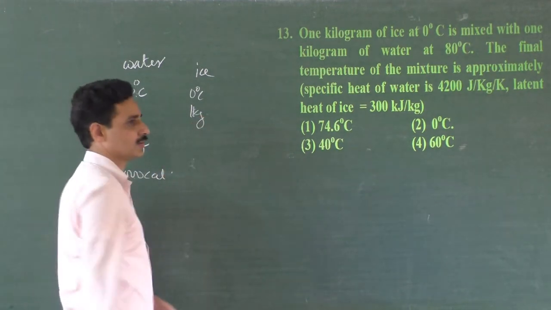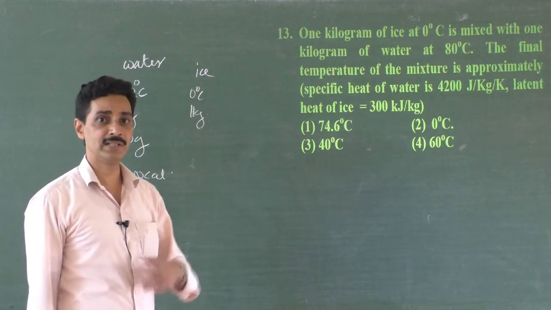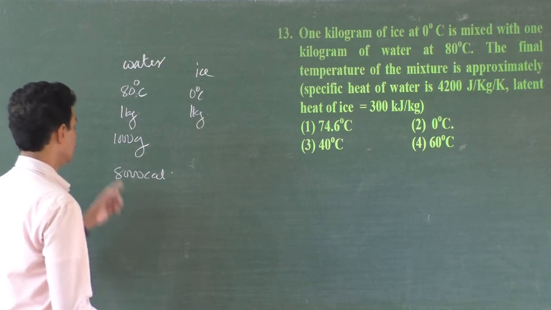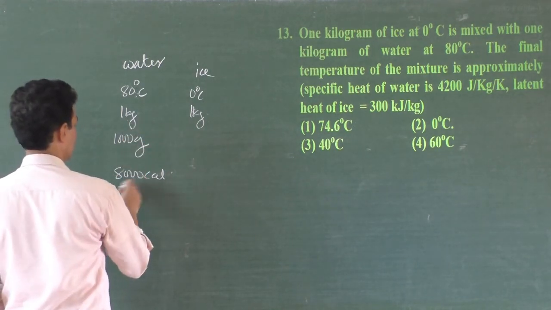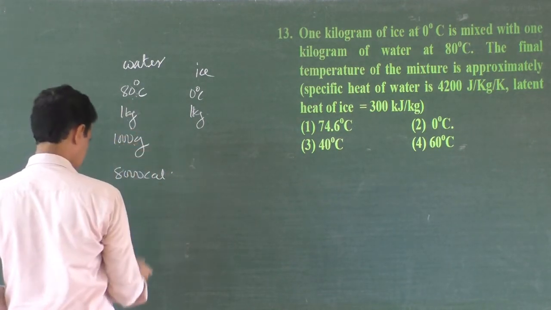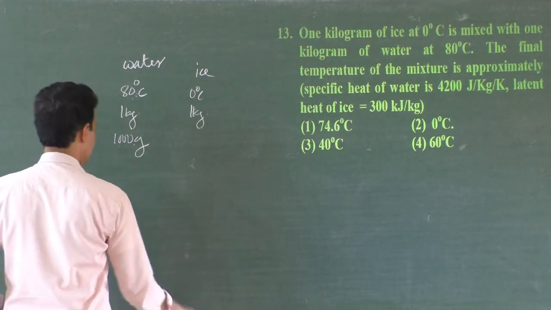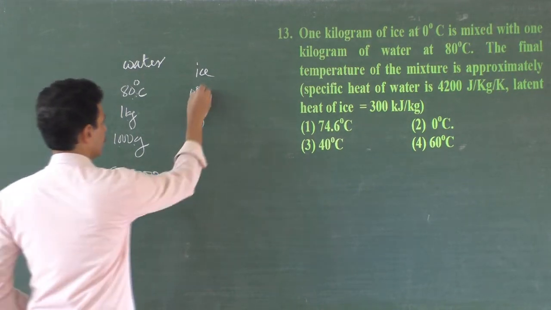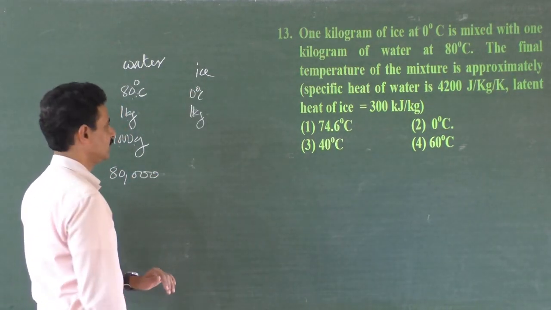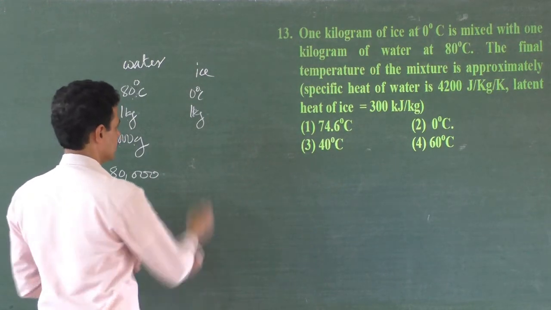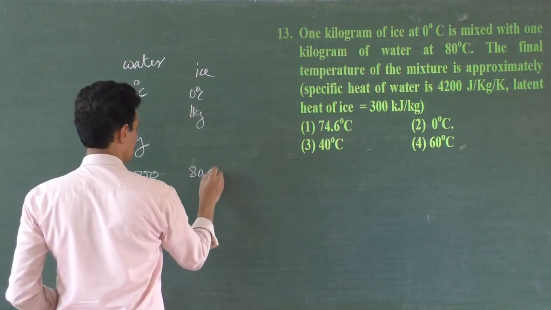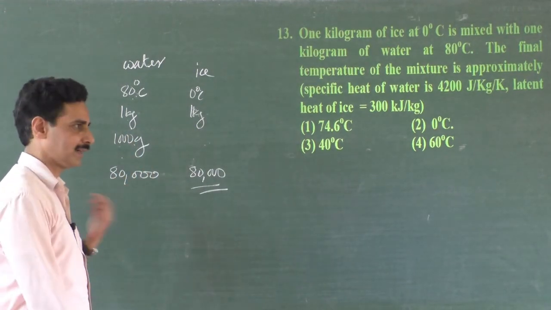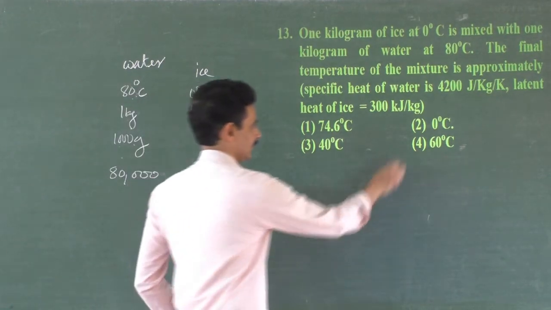What is the amount of heat energy to convert 1 gram of ice completely into water? 80 calories. This is again into 1000 you have to write. 80 into 1000, 80,000, sorry, not 8000. What about 1 kg of ice? In order to completely melt into water, 1 gram ice requires 80 calories. 1000 gram, 80,000. So the donor is having enough money to give to the receiver. Everything is settled. So 0 degrees Celsius.